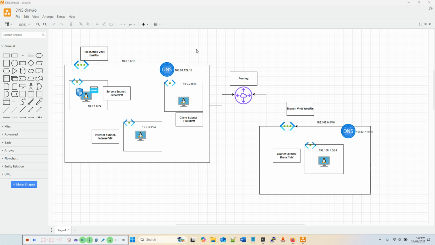We're going to create two different VNets in two different regions. This one I renamed as the head office VNet in the East US region. And the second one is a branch VNet in the West US region. So they are in two different regions. To make sure the IP addresses are not overlapping, I selected for the head office VNet a 10.0.0.0/16 range, and it has three different subnets